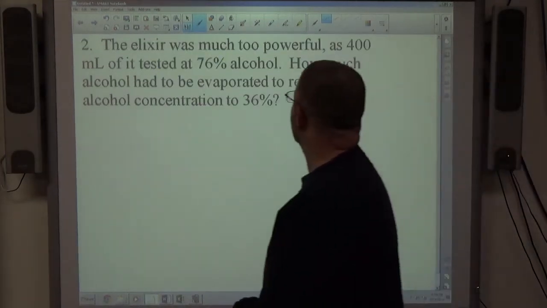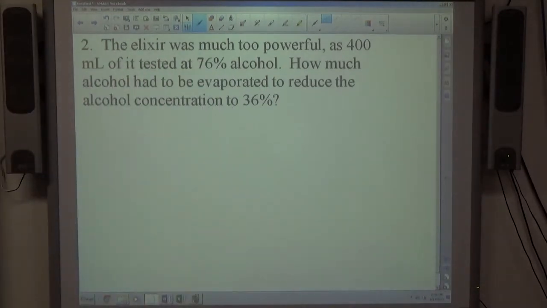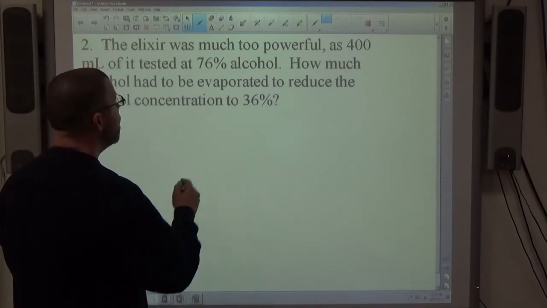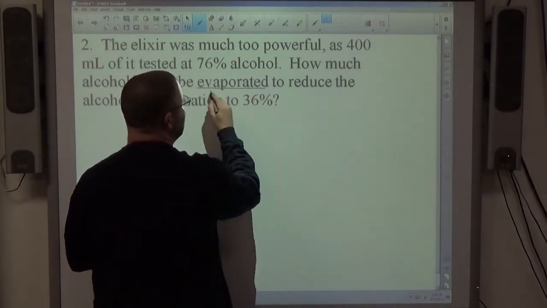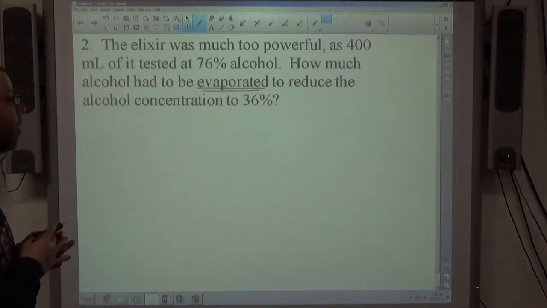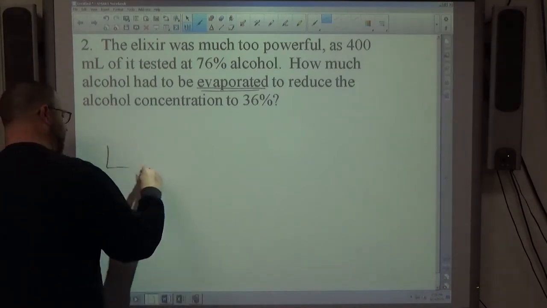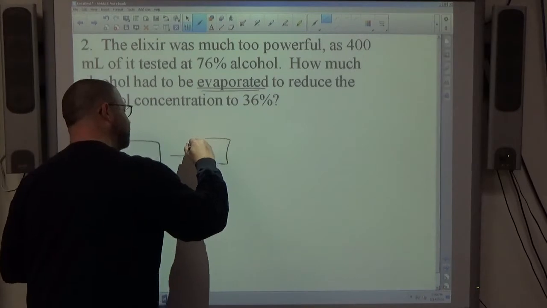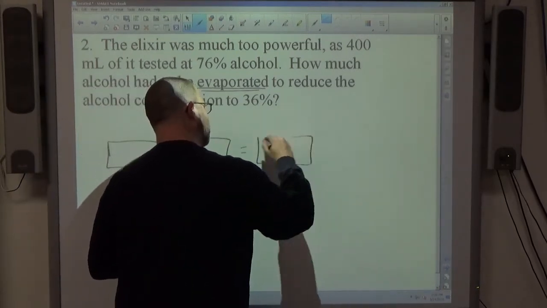Number 2, the elixir was much too powerful. It was 400 milliliters of it tested at 76% alcohol. How much alcohol had to be evaporated to reduce the alcohol concentration to 36%? So every percent here represents alcohol. We're evaporating alcohol, which means we're taking away pure alcohol. So if we set up our initial structure, we're taking away pure alcohol in order to reduce the percentage of